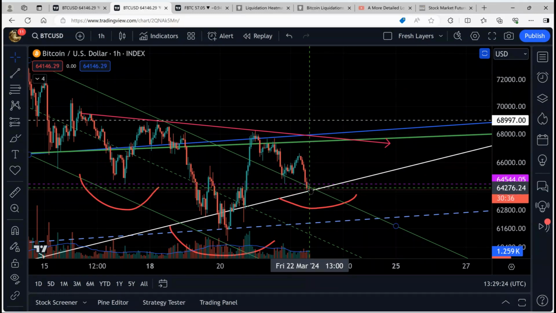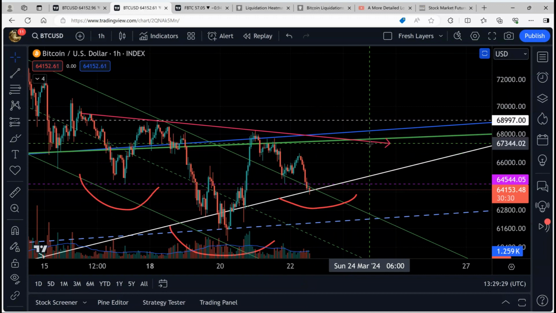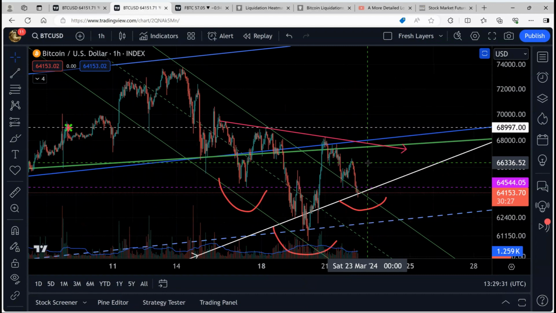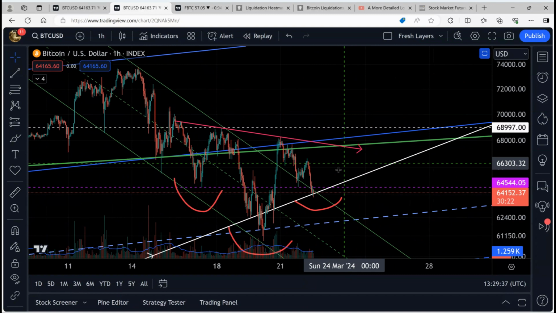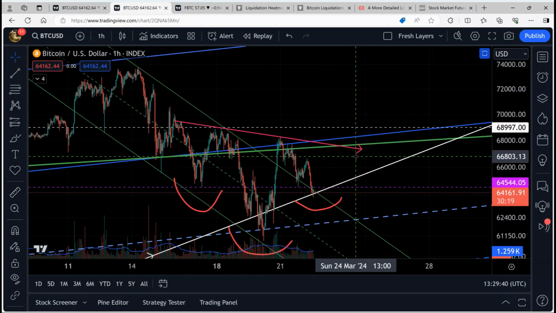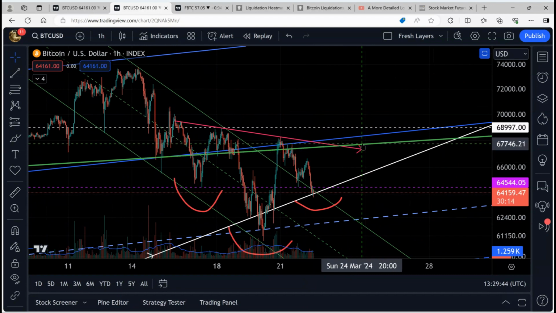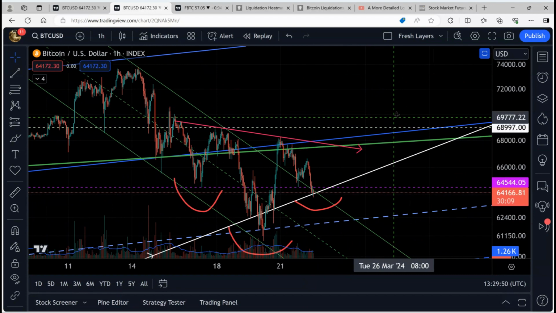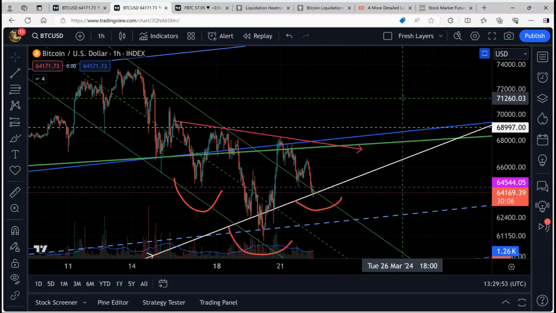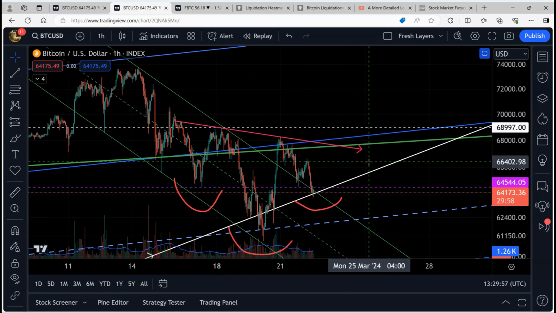And I imagine that today and over the weekend, we probably come up here. And so if you look at this, we would potentially hit the neckline of this sometime on Sunday and then break through, retest Monday morning and bounce. It's set up perfectly for that to occur, and we would then consolidate in this region